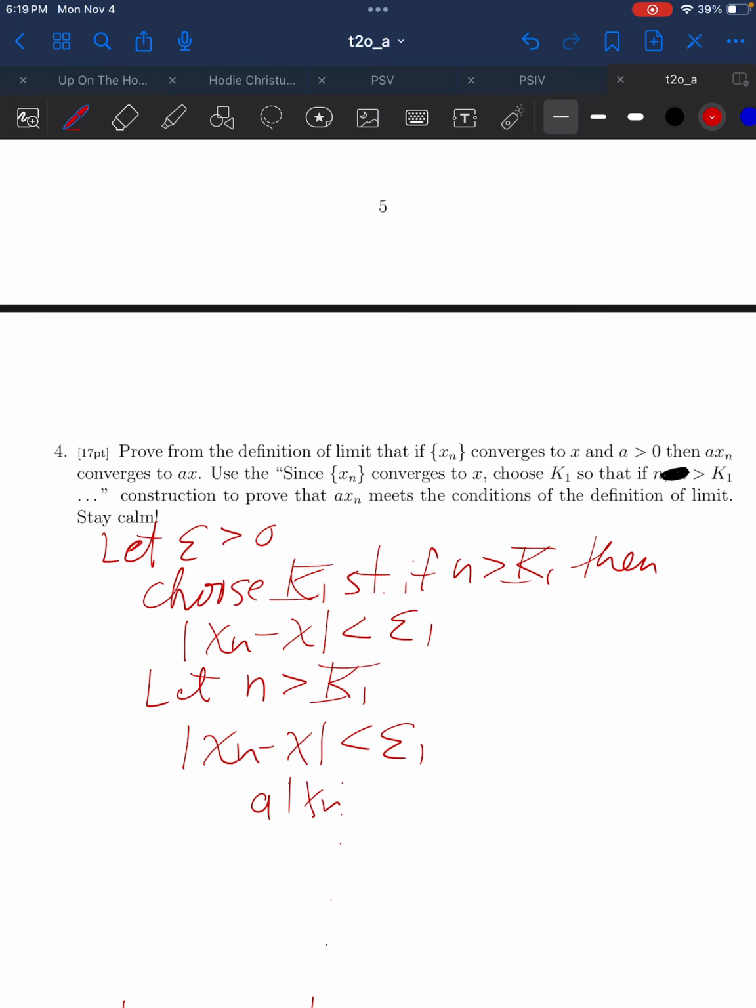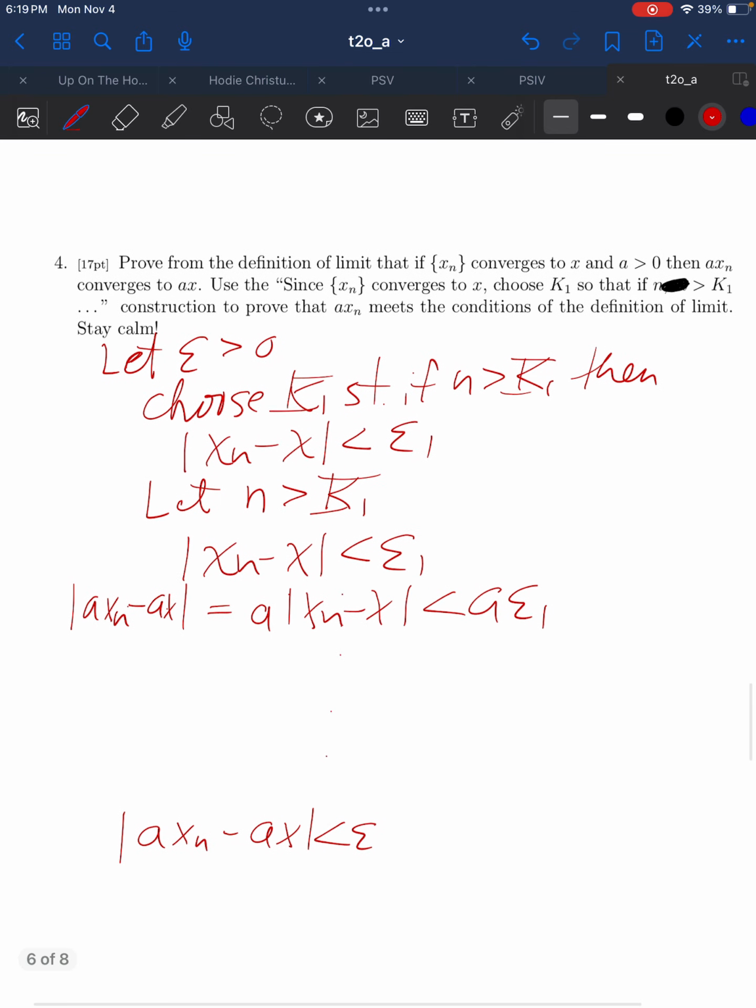A times absolute xn minus x is less than a epsilon 1. On the other hand, since a is positive, that's equal to absolute axn minus ax. Okay? So the whole argument goes through as long as a epsilon 1 equals epsilon,